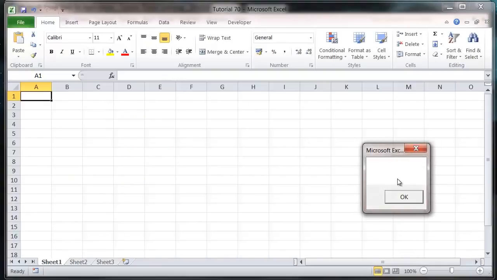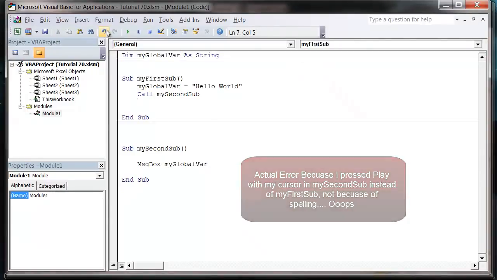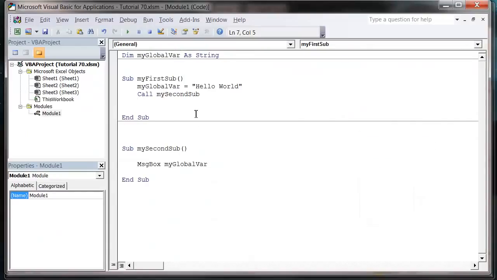So let's press play, and you'll notice it comes up blank because somewhere along the line I must have typed it wrong, I think. MyGlobalVar, MyGlobalVar, MyGlobalVar. Press play, Hello World. Okay, so one of them must have been typed wrong. So that's working now. We're assigning Hello World in the sub to the global variable, calling MySecondSub,